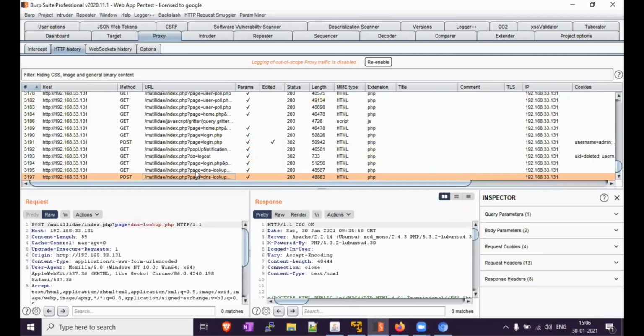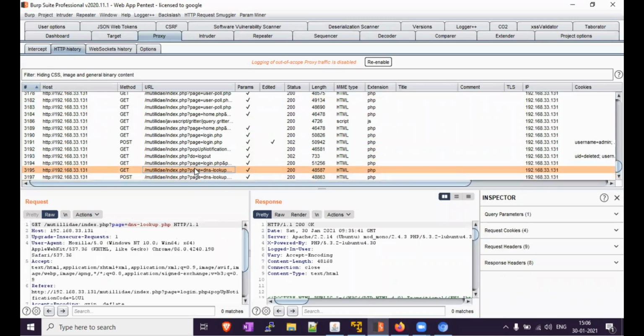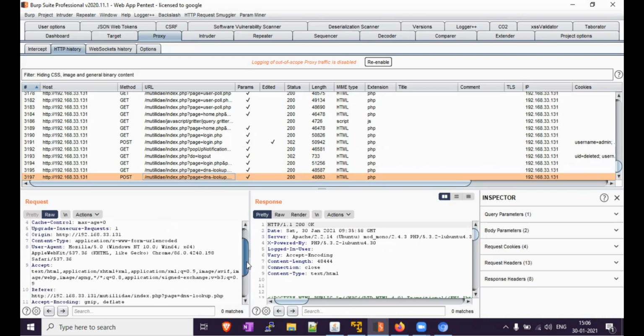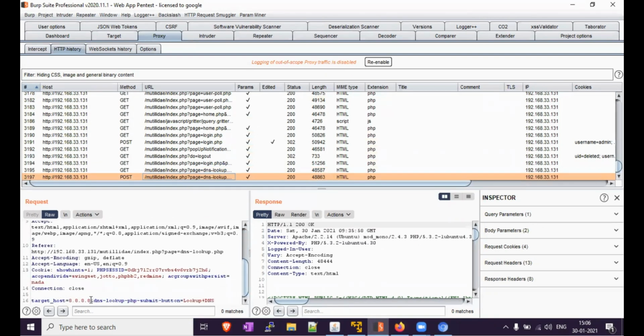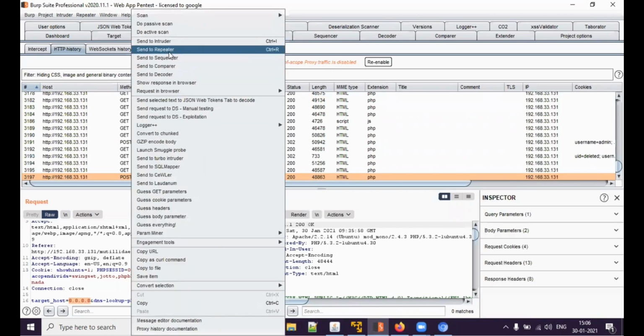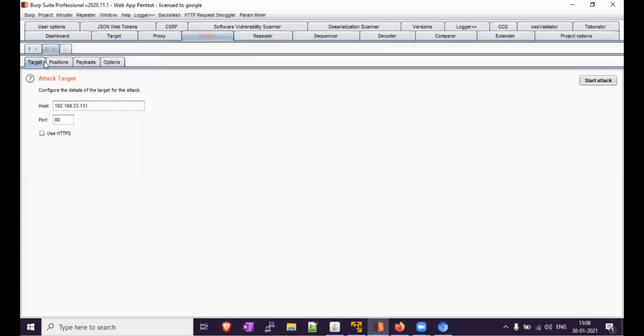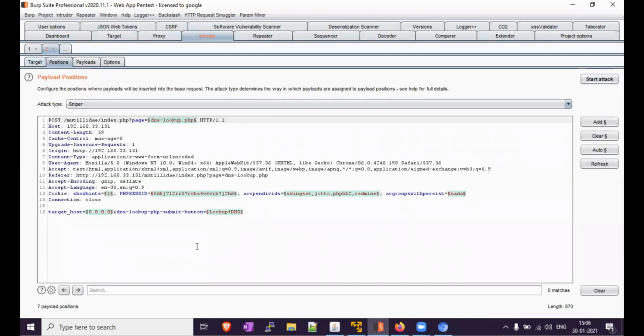For example, just check out the POST request which we have performed. Okay, this one, request 8.8.8.8. Now send this request to Intruder. Just sending this request to Intruder. Okay, now clear all. Okay, now just